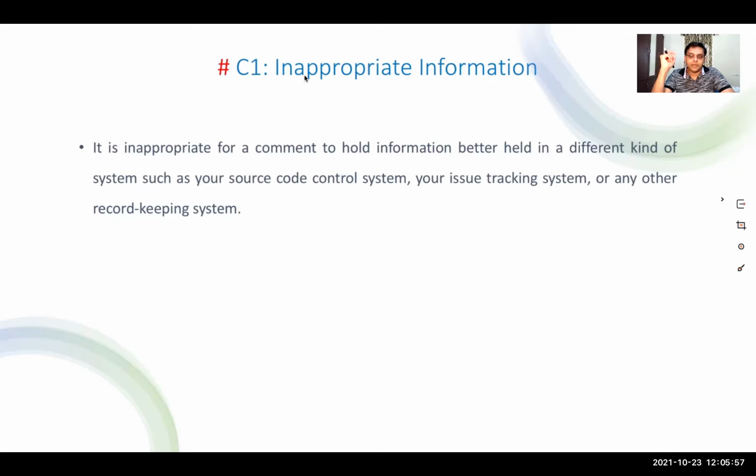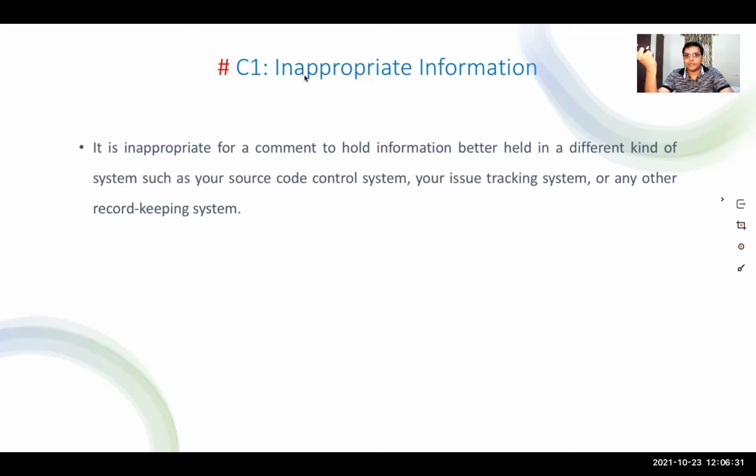Somewhere you fix a bug and you comment the bug tracker number, like "This is fixed for bug number 12345", or some kind of record keeping we are used to doing. That was required in the earlier phases, because there was not much of a source control system. But currently, once you have implemented a source control system, you need not track all those things, because from the source control system itself, if you use it properly, you will get